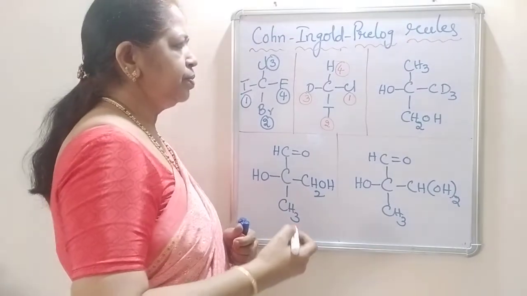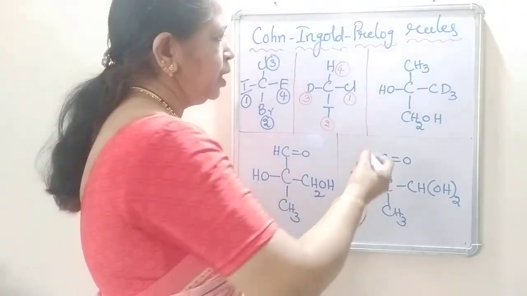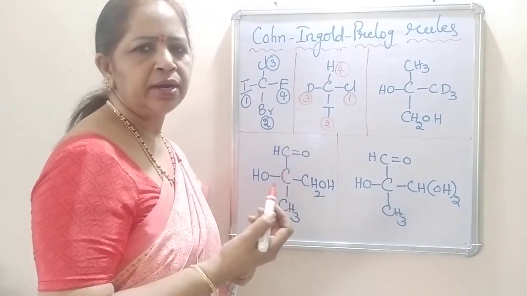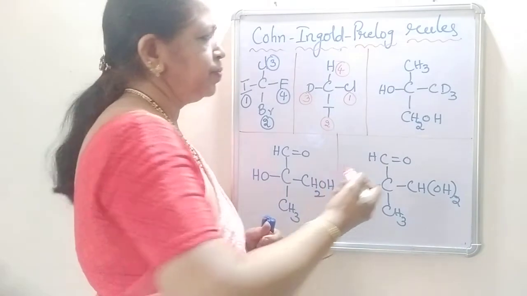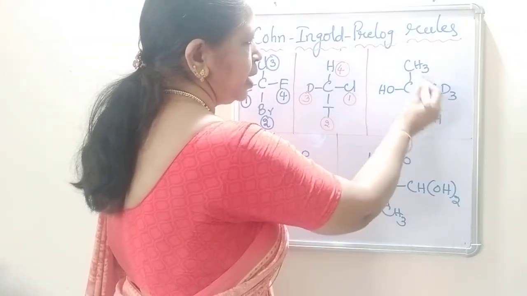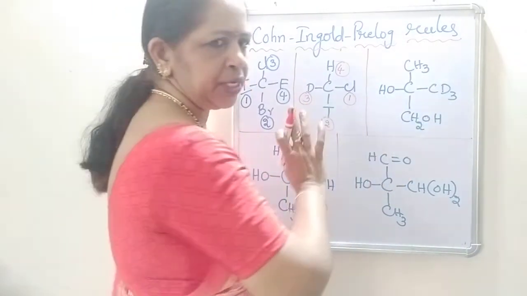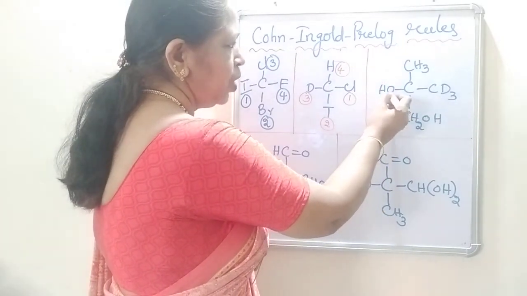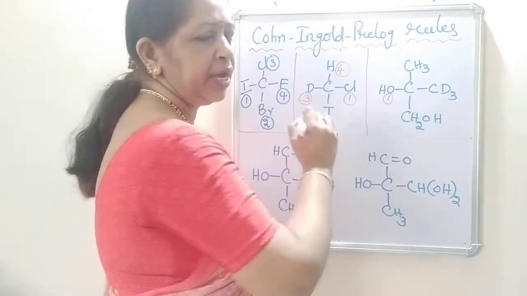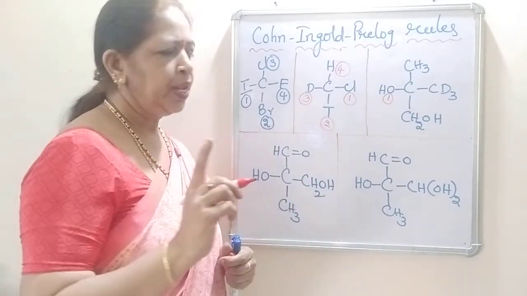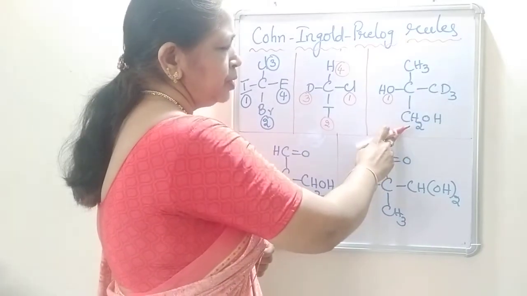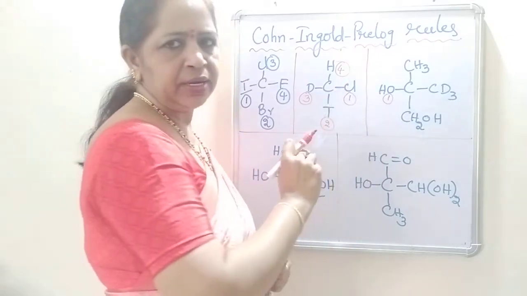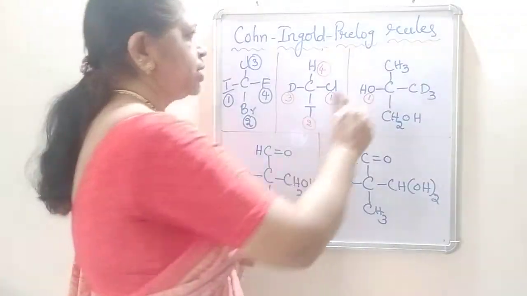And the third rule is, if we cannot decide with the atom, that means if identical atoms are attached to a chiral center. You see here, these are 3 carbon atoms and this is one OH. These are the carbon atoms, this is oxygen. So, OH gets the first priority by considering the first atom. But in the remaining groups, all are carbon atoms but attached to different atoms. Now, let us write what these atoms are.